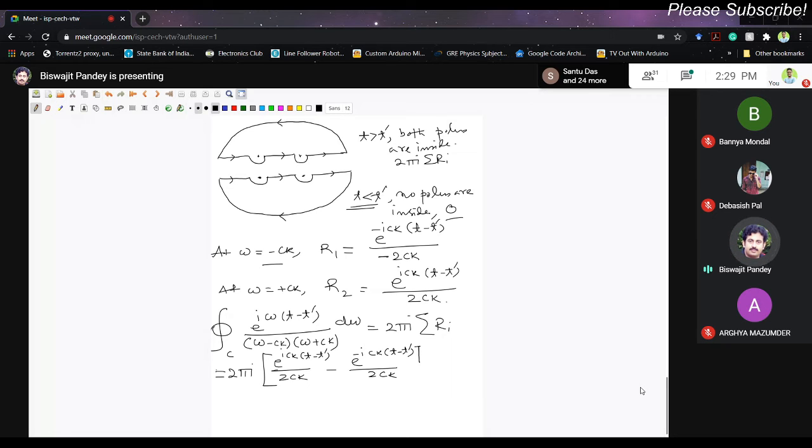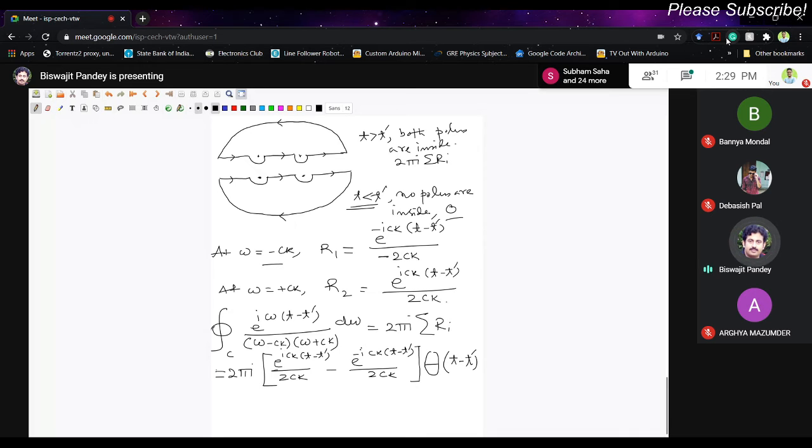Another thing to mention here: since we are writing with t minus t prime, this is called the Heaviside step function. If I want to include it inside this expression, it is telling us that the entire integral will vanish if t less than t prime. We saw earlier what happens if we take this contour: when t is less than t prime, this will be 0; when t is greater than t prime, then only you have this term over there. Then it is 1. This is called the Heaviside step function: for t greater than t prime it is 1, for t less than t prime it is 0. So if you multiply 0 with this entire thing it will vanish, that means this integral will become 0 if